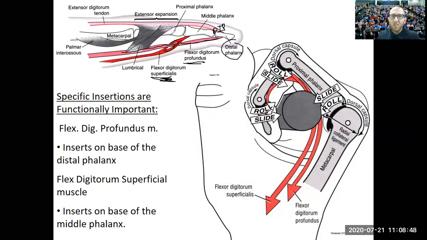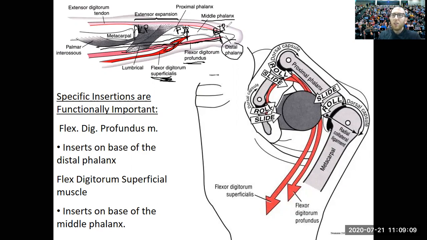But the superficialis, it stops at the middle phalanx. It does cross the PIP joint right here and the MCP joint, but it has no action on that DIP, and now you can see the difference in the length